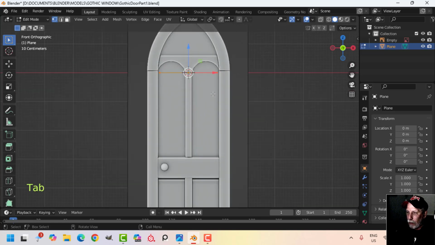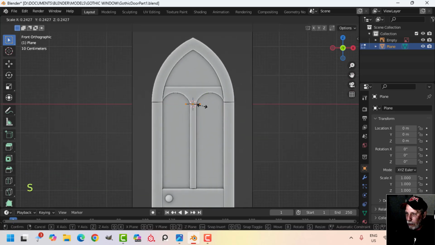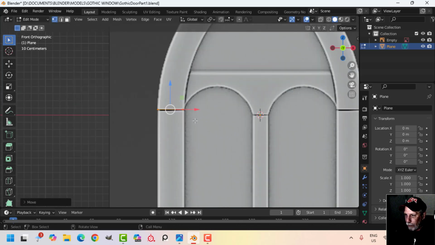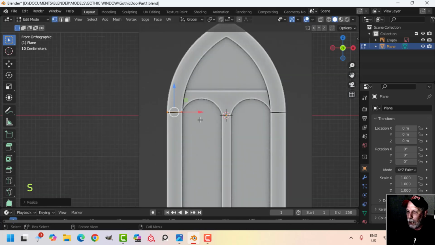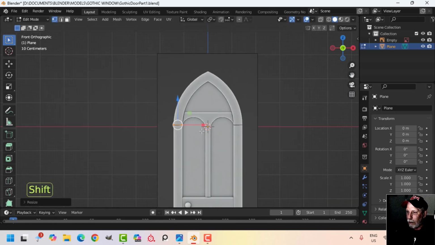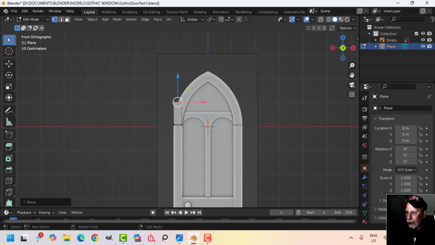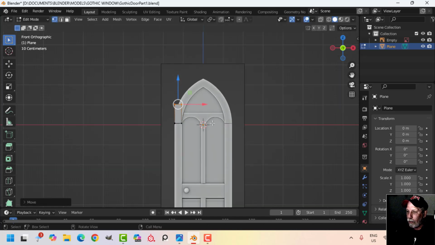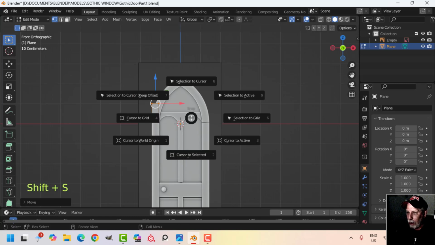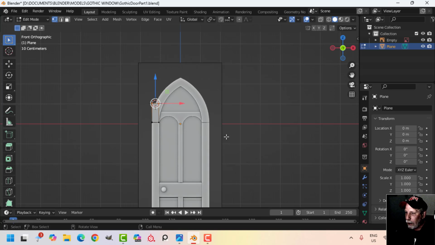Go into Edit Mode. Scale it down a little bit, and I'm actually going to move it over here pretty much right where that break is. And I'm just going to scale it like that. Okay. Alright, so I'm going to press E to extrude and pull up, and I'm going to curve from there. So I'm going to Shift S, cursor to selected, and I'm going to press N for the